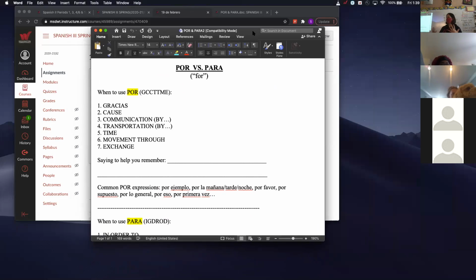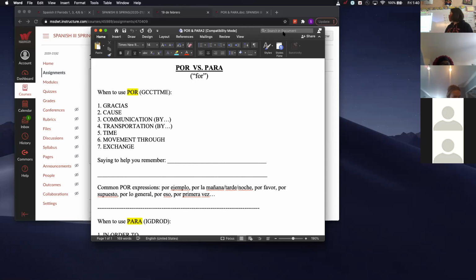The idea here is that we have two words that are pretty common and very easy to confuse with each other. So the more comfortable we are with understanding the reasons to use one versus the other, the more often you're going to get these right. Is it the biggest deal if you use por instead of para or para instead of por? Not really, to be honest. It's one of those little grammar things that we just want to clean up. So not the end of the world. I think people are still going to understand you if you don't quite get it right. But obviously, I want you to try to understand the difference so that you can get it right more often than not. That's what we're going for here.